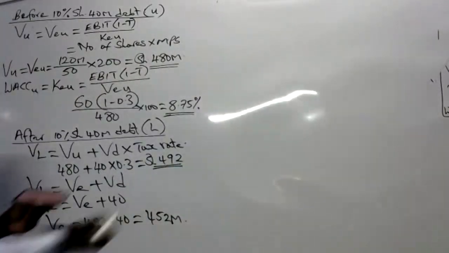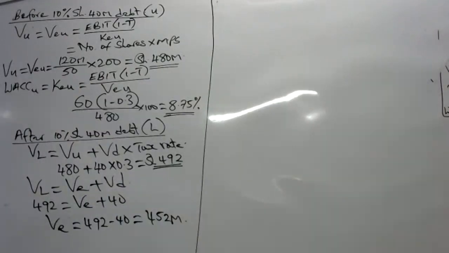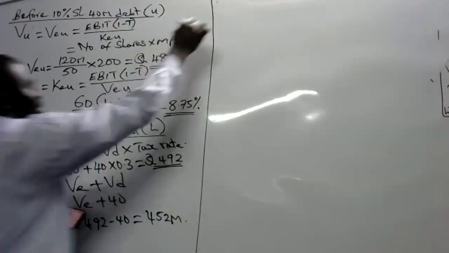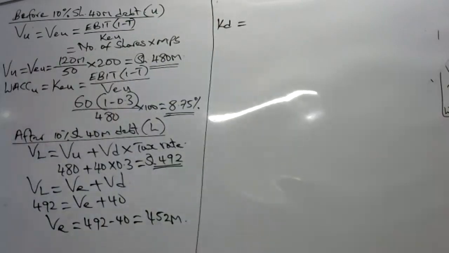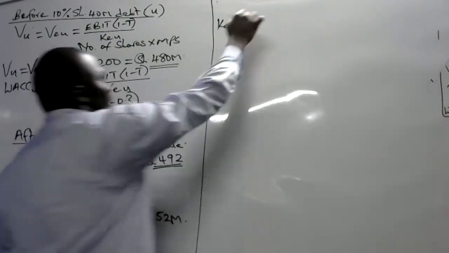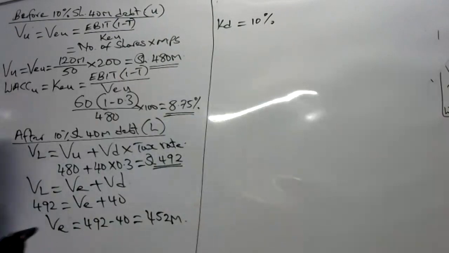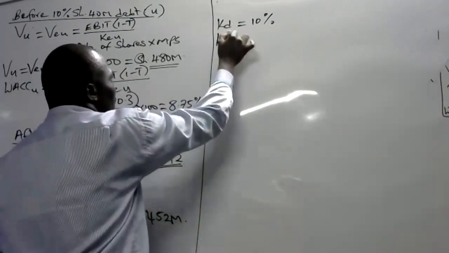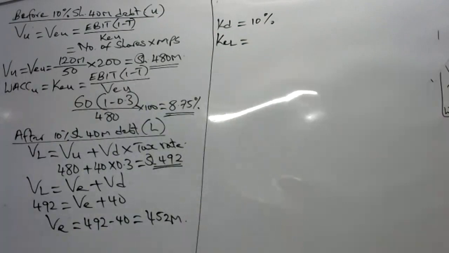So do I have the KD of the 10%? It is selling at 10 percent. So KD is 10%. So I have the value of equity, I have the value of debt. Can I have the cost of equity of the levered farm? Equals to